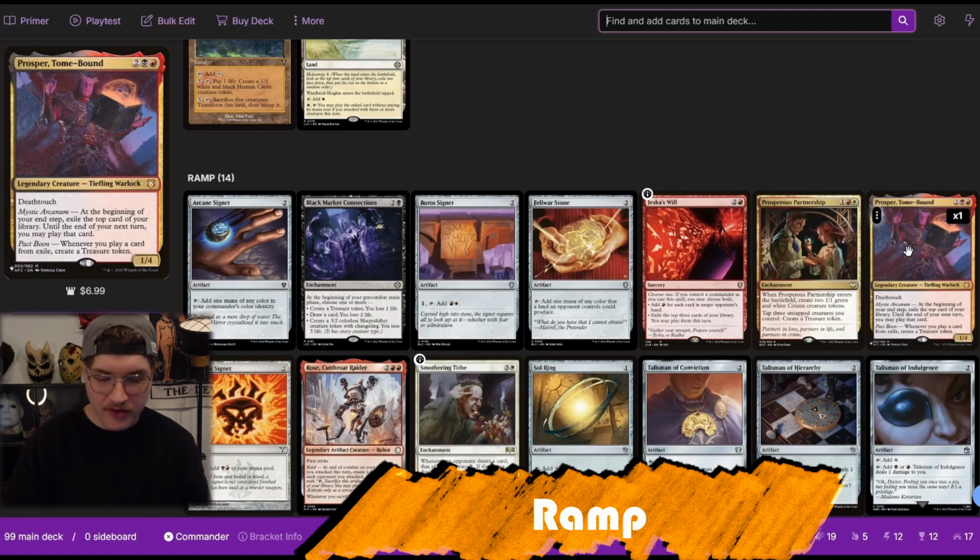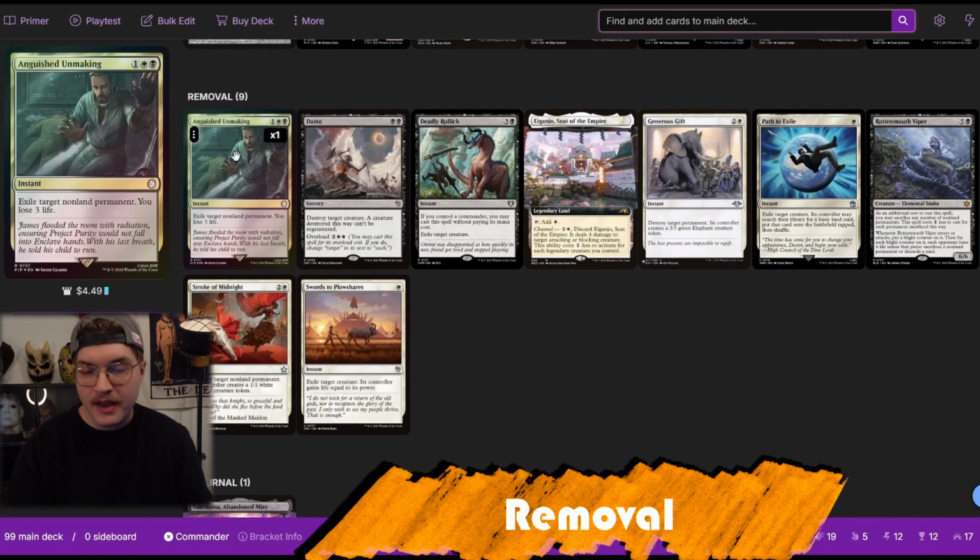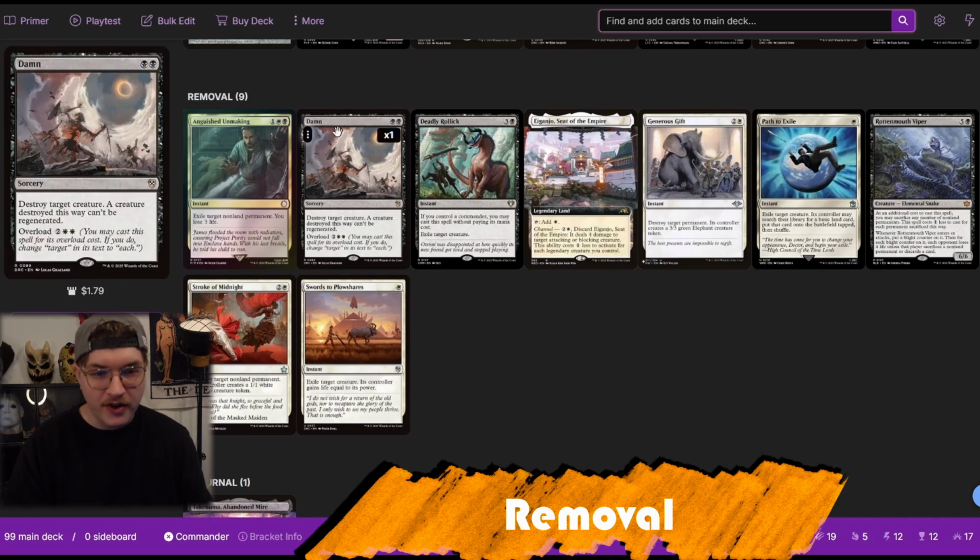Then we have Rose, Cutthroat Raider. For each opponent that we have attacked, create a junk token, giving us some card advantage, and when we sacrifice a junk, get a red mana. It also ramps us. For removal, it's the standard package, Unmaking,